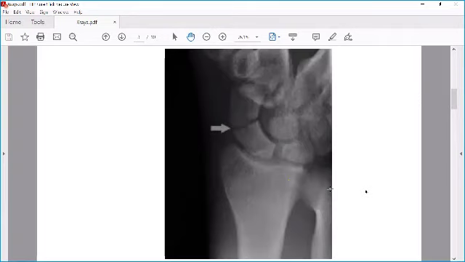The patient will fall on an outstretched hand. So 2 things you have to remember with an outstretched hand. What comes to your mind when the patient says this, or in the exam when you are given an MCQ, in PG? There are certain things you have to keep in mind. If a patient has a fall on an outstretched hand and he's a kid, then it can be a supracondylar fracture. But if he's an adult, then you look for maybe a scaphoid fracture. So you know what to suspect and you will not mark it wrong. Either there can be a scaphoid fracture or a Colles fracture. So scaphoid is very important. Two or three things you have to keep in mind.